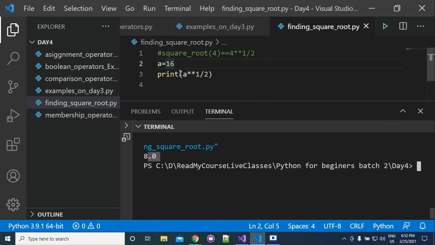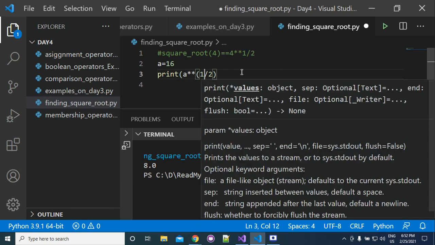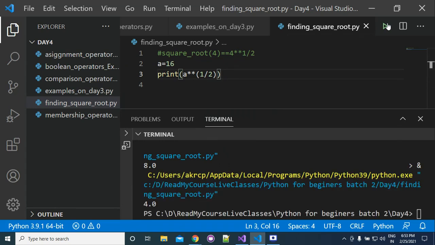So it is returning you 8. We need to write it like this, 4.0. Okay, so you are getting 4.0. Why are you getting 4.0? Python square root will always have the type of float.